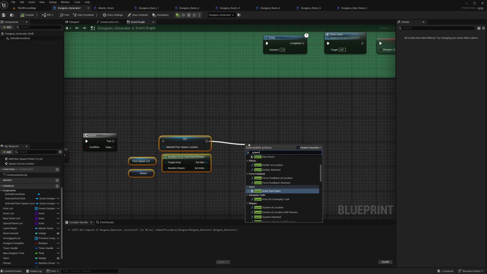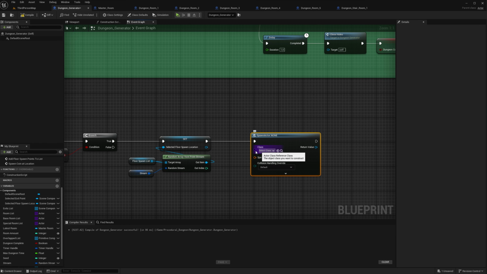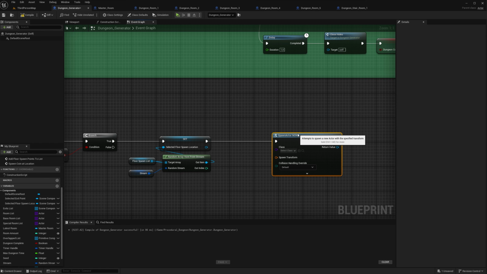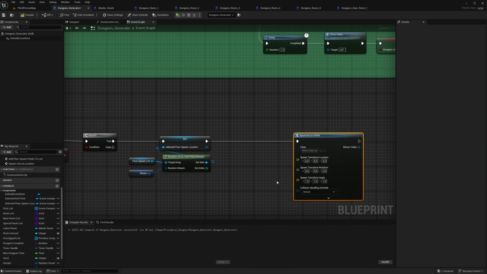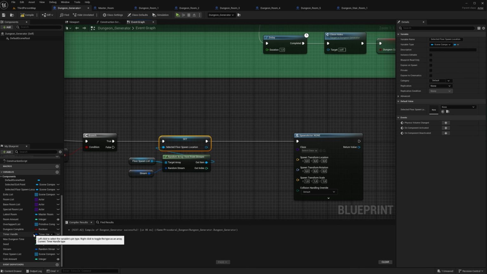spawn actor from class. This is where we select the gold coin. We need to get the location of this where the actor needs to spawn, so we can right click on the transform and say split. The scale needs to be 1, the rotation needs to be 0, and the location we need to get from the spawn location that has been selected. So we can drag out,